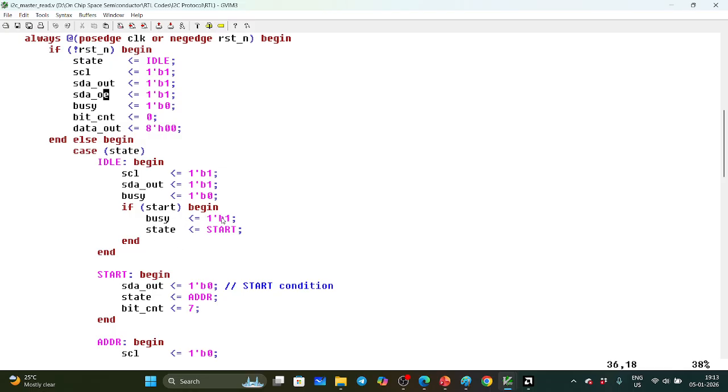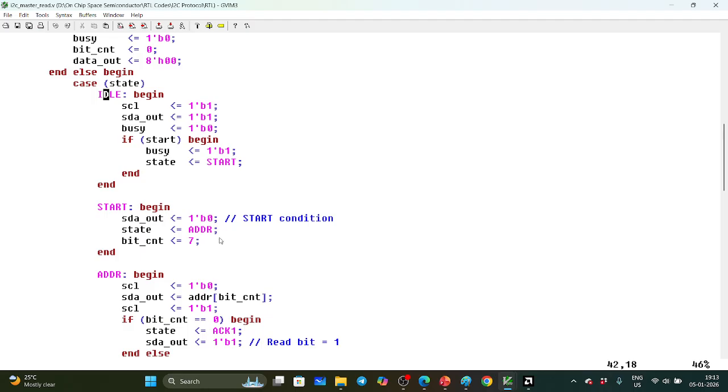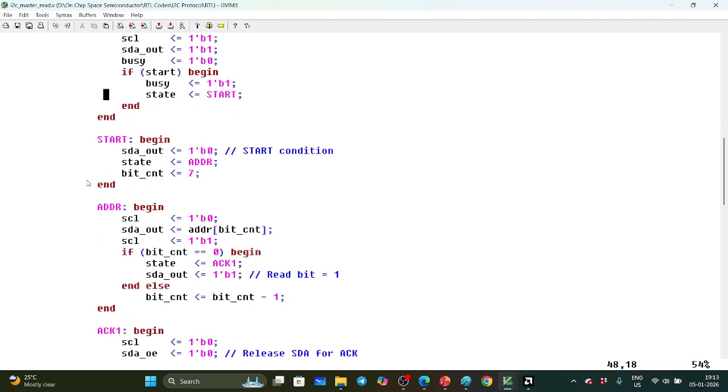So busy becomes 1, and state equal to start state, you go to start state. During the start condition, first SDA will go from high to low. So SDA I'm making as 0, and state is address, and bit control is 7. Okay, the state is over. Again, in address, SCL I'm making as 0. After SDA making as 0, I need to make SCL as 0,